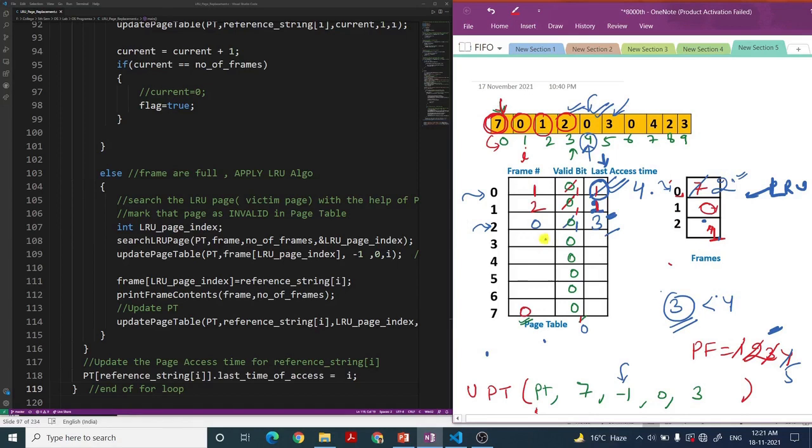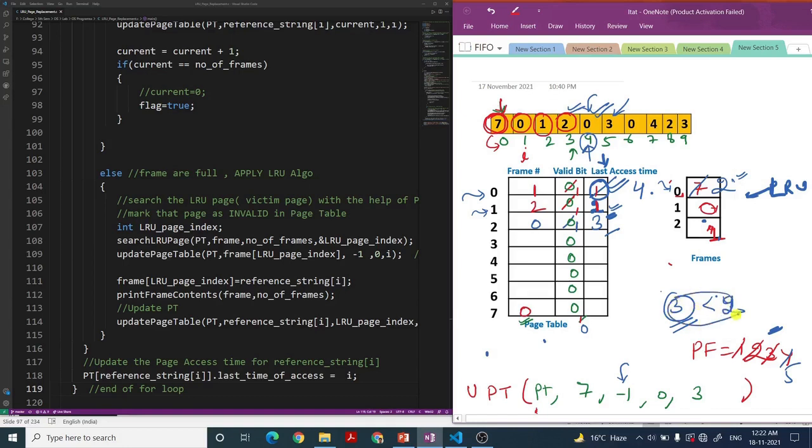And lastly I'll come for 1. The access time for 1 is basically 2. The last access time was 3, now currently it is 2.